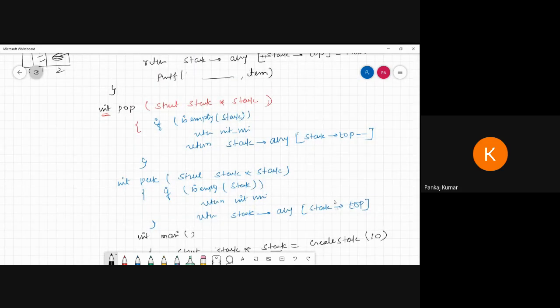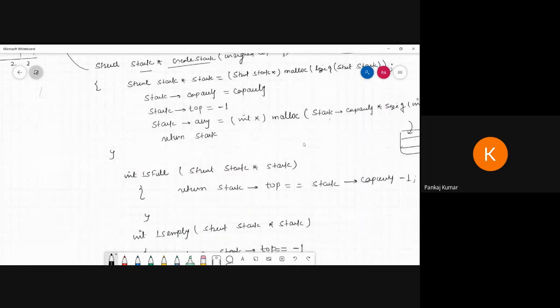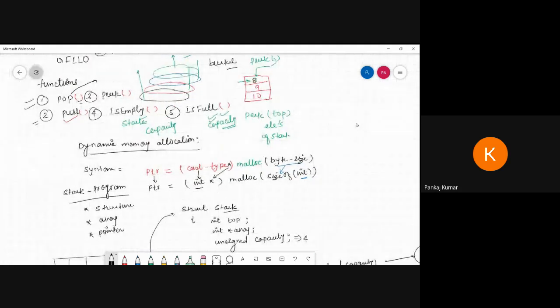So now see, from the starting I told you, in similar fashion you have to create a function of pop, a function of peek, a push, and empty and full functions. Now see one example. When we enter the elements, all the time it will be checked whether top minus 1 is given or not.